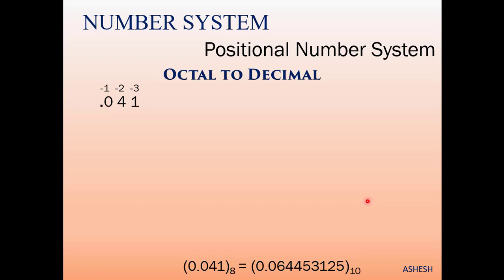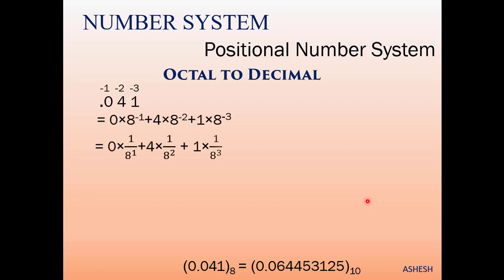So 0 into 8 to the power -1 plus 4 into 8 to the power -2 plus 1 into 8 to the power -3. So 0 into 1 by 8 plus 4 into 1 by 8 square, 1 into 1 by 8 to the power 3. 0 into 1 by 8 equal to 0,